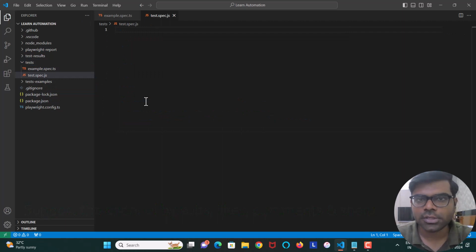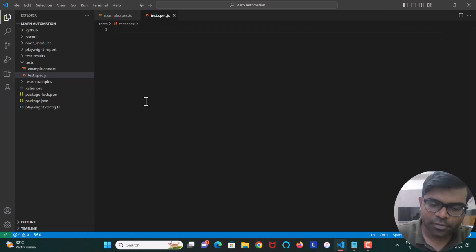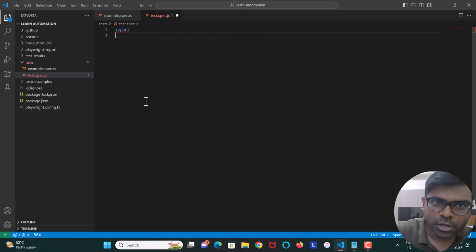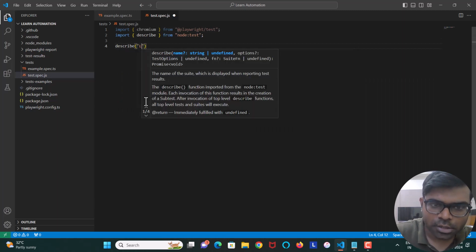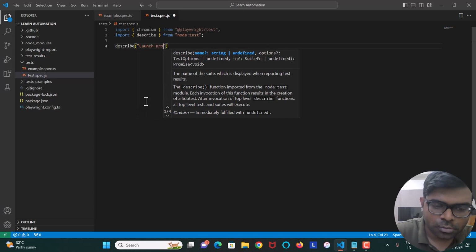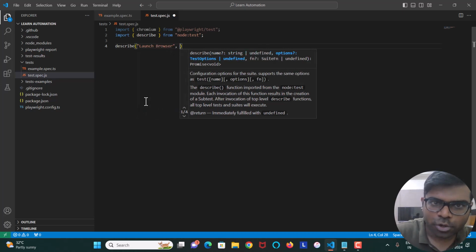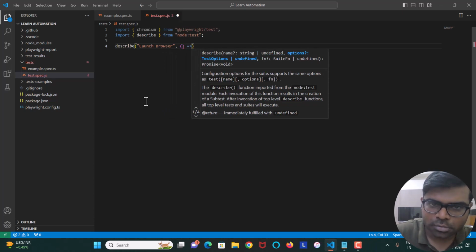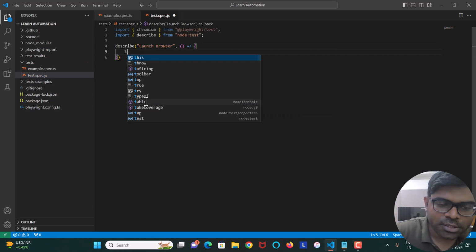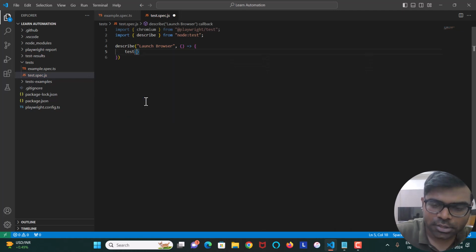Here what I'll do today is a simple scenario of login and logout for the Orange HRM application using the Chromium browser. So first and foremost, I have to import Chromium from Playwright. Here I'm going to use a describe block. It got auto generated. Here I can give a name like launch browser, and I'm going to use an anonymous function with a lambda expression. And inside this describe, I'm going to write all the test cases like login and logout